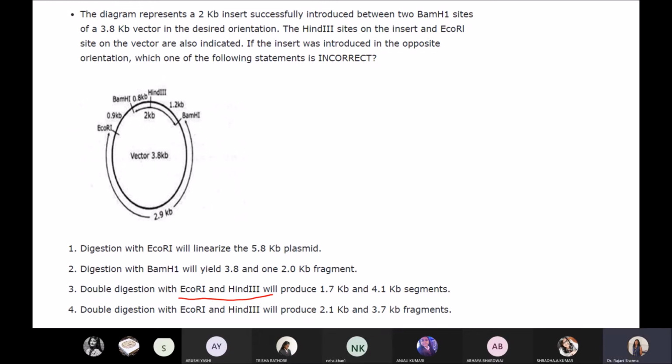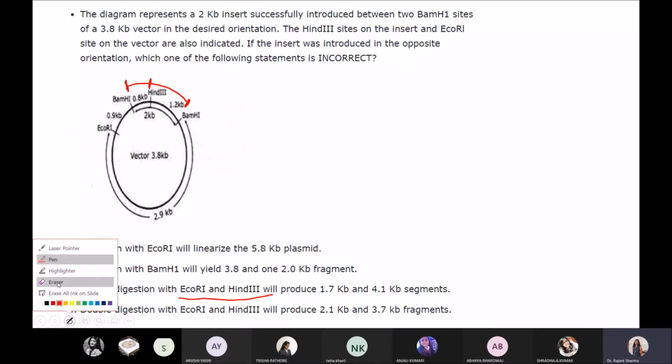Just a second: if the insert was introduced in the opposite orientation, sorry. After inserting our desired gene in the opposite direction, when we go for the double digestion, this was the right orientation.